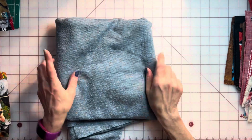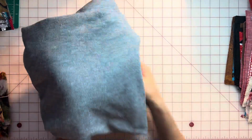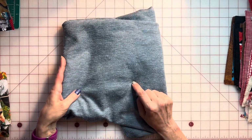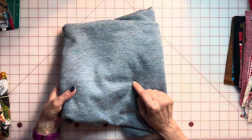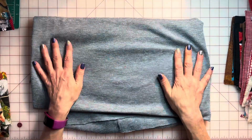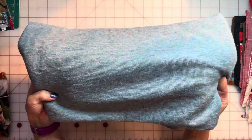And this one here is like a knit fabric. It looks very retro. And this I am actually going to keep for myself, and I'm finding something that I'm going to make for myself, because this is super fun. I don't know if you guys could see what kind of fabric that is,